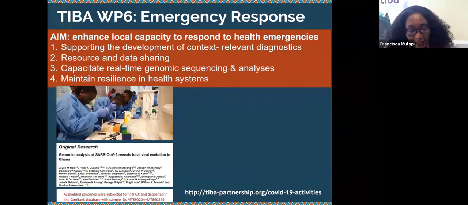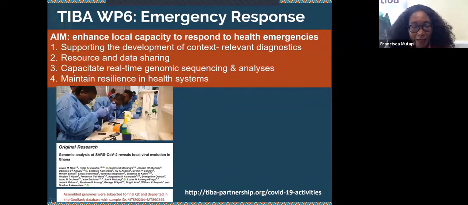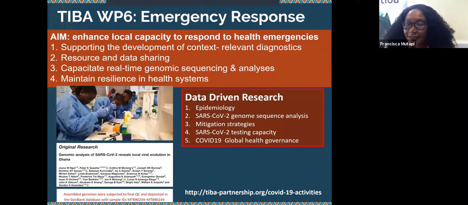And in terms of TIBA Ghana, actually, here's an example of the output of that genomic sequencing. This paper came out about a month ago, and Gordon Awandare, the senior author here, is the TIBA Ghana PI. And what we really like about this is not only is it showing the capacitation of real-time genomic sequences, aim 2, but they have gone further and freely shared this sequence information on GenBank. As they say here, this is an extract from their paper, and that is playing to our open resource and data sharing aim 2. The other things we are doing mostly in TIBA Edinburgh is data-driven research, and this is